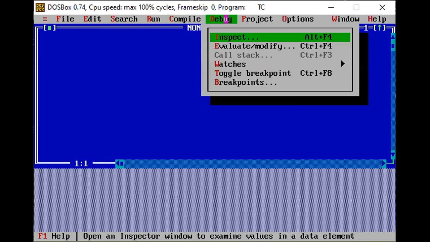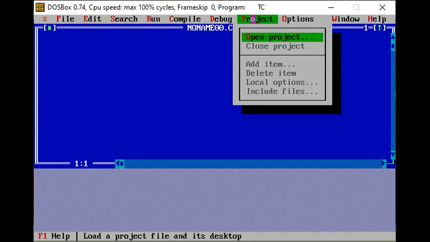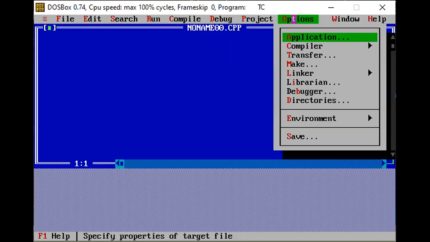Then we have the Debug option, which is also for debugging, meaning removing the errors from the program. Then we have various Projects. If you are creating a project, create a single project and you can dump all your programs into that. Then you have another option for compiling, linker, librarian.